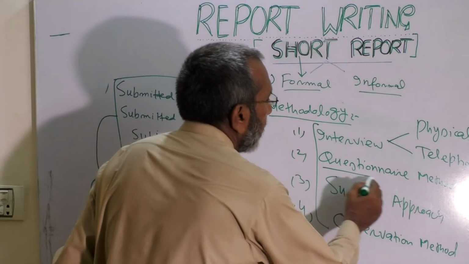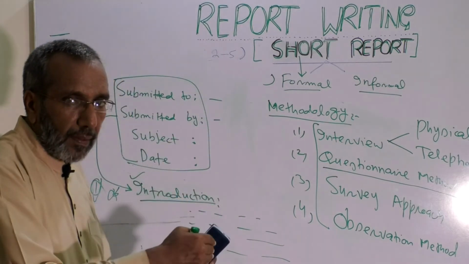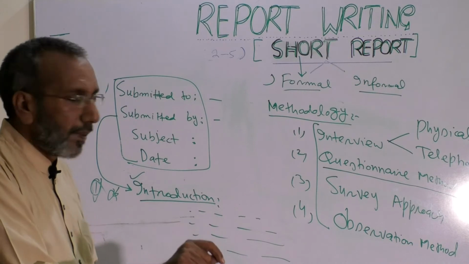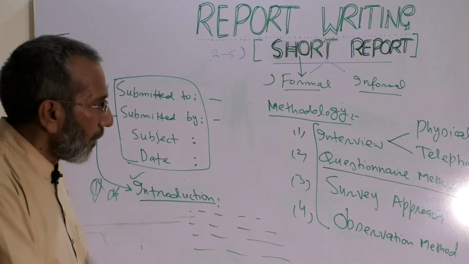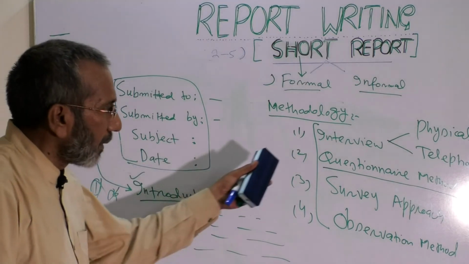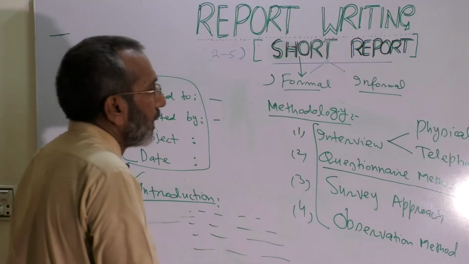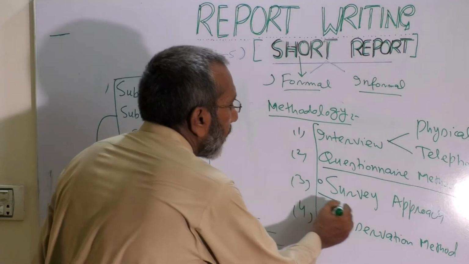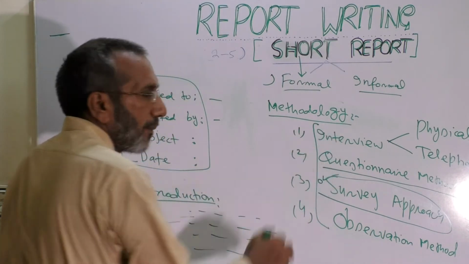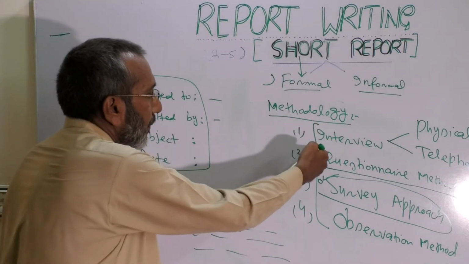Questionnaire method basically means you distribute a questionnaire in which a list of points is there. Do you like this thing? Do you dislike this thing? Do you like it very much? You would have seen this in the case of different products. This questionnaire method is still common, especially in less developed countries. Survey approach basically means overall. These things are actually part of the survey overall, so it includes this thing, this thing, this thing.